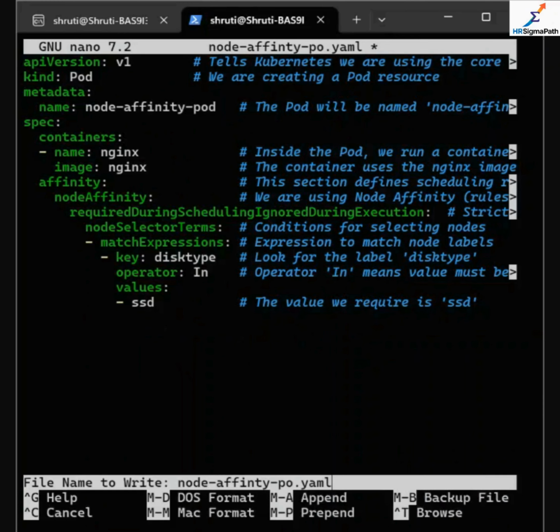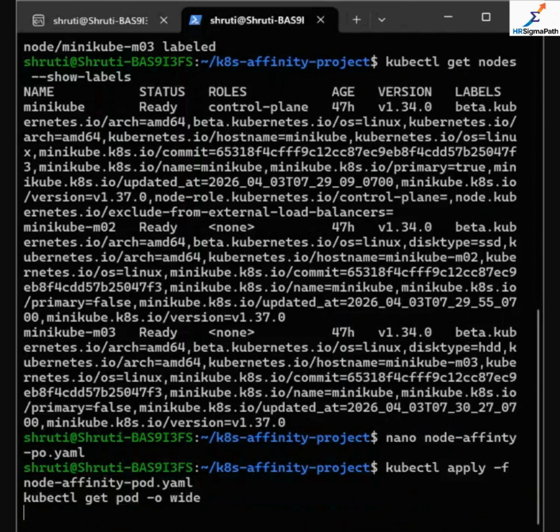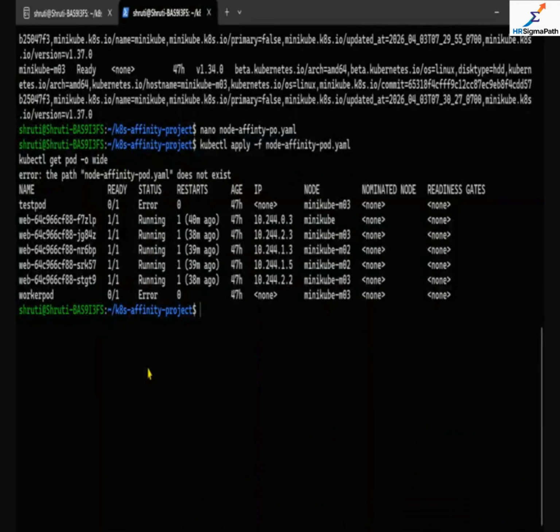Now we save this and apply this file. Let me just check, because there is an issue here.